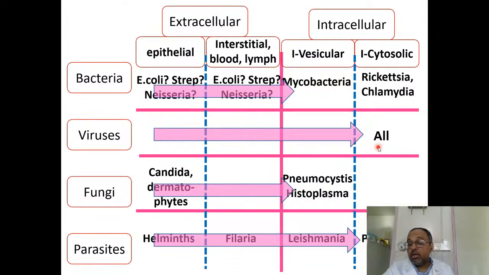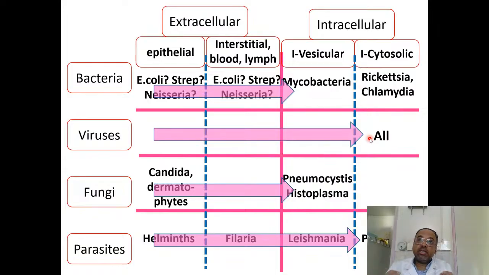In the case of hepatitis B or hepatitis C, they could be transmitted as a sexually transmitted disease. In the beginning, the virus is at the surface of genitourinary epithelium. Then it penetrates epithelium, enters interstitial space, and from there it enters lymph or blood, and then it circulates until it gets internalized by hepatocytes. If hepatitis B or C are transmitted through blood transfusion or maybe through needle sticks, in the beginning they are present in the blood or interstitial space, and then they will circulate until they reach the liver.